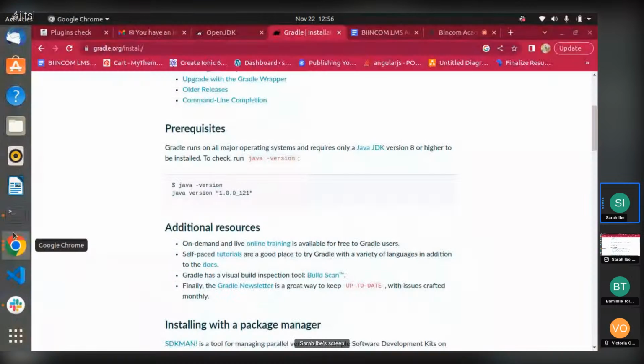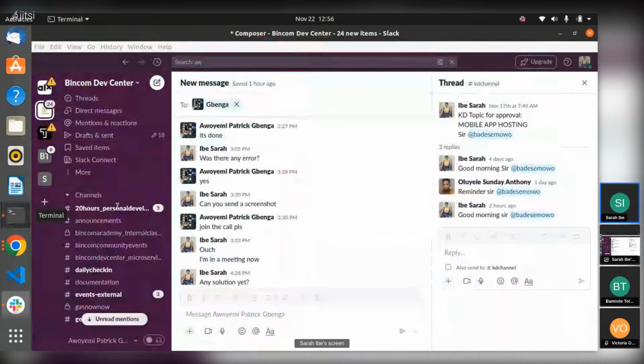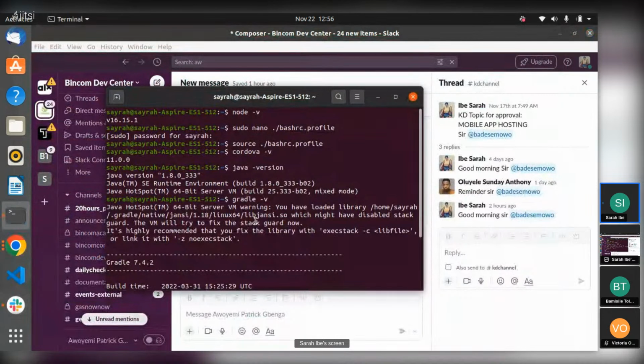Okay, so you would actually have to set your environmental variables for your SDKs as well. Okay, let me show us.